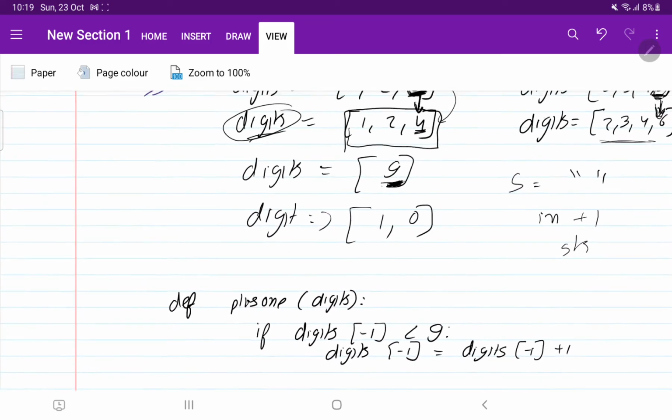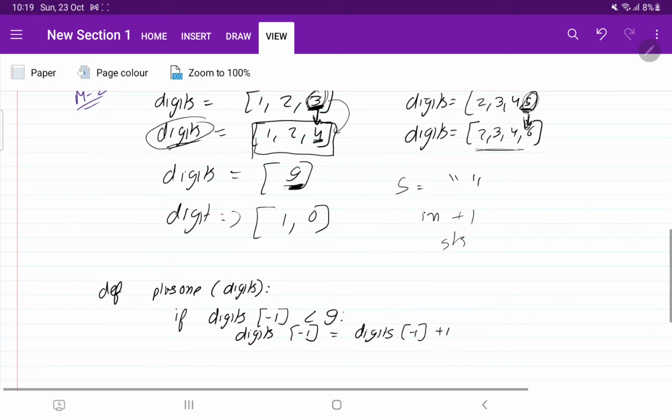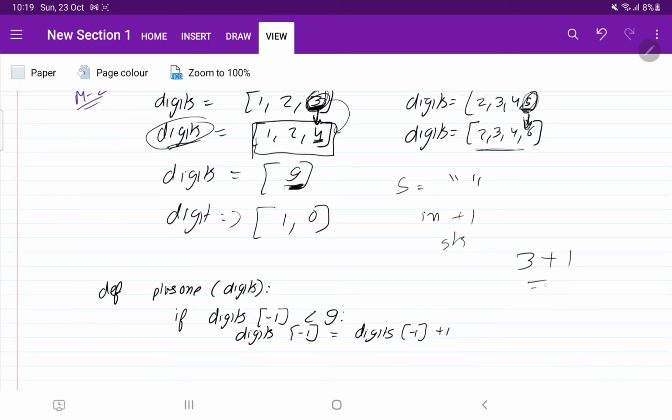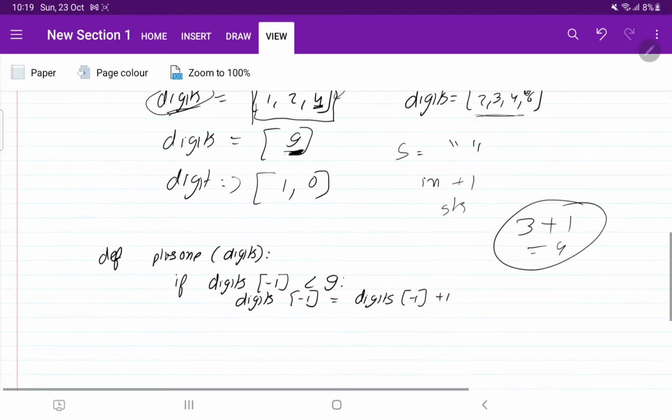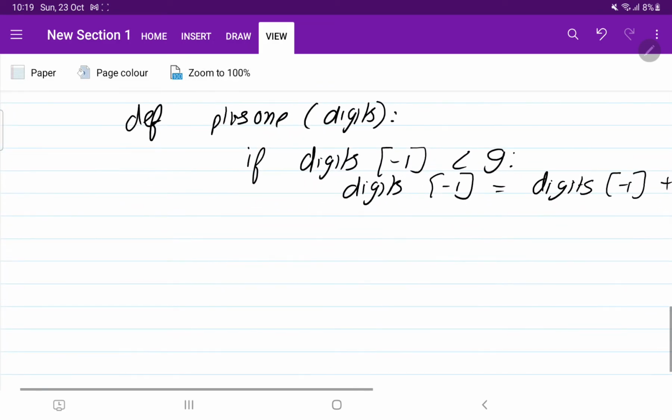It means suppose the last element is 3, so we have added 3 plus 1 and written 4. So this is done, and once this is done, we will return the digits.